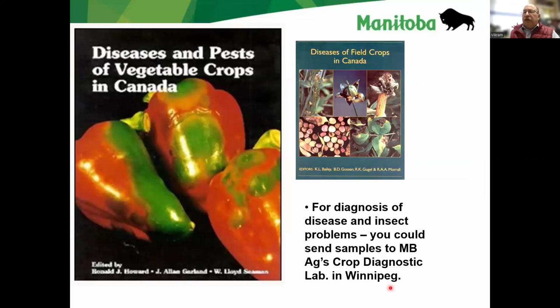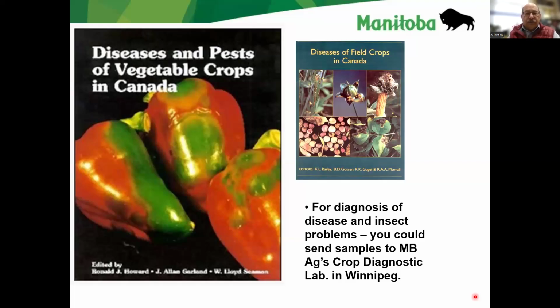One of the other important things is there are reference books with very good photographs and descriptions of various vegetable diseases, and you can buy them online or from the Canadian Plant Pathology Society. These are two books, one for field crops and one for vegetable crops. And if you have any disease samples that you'd like to get diagnosed,